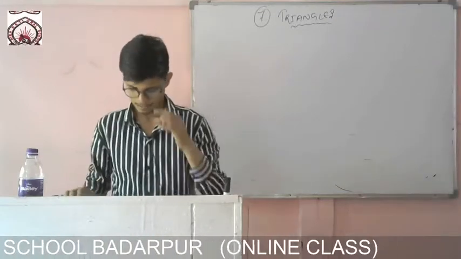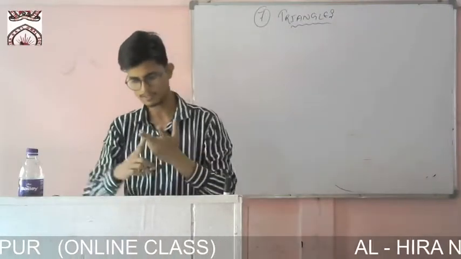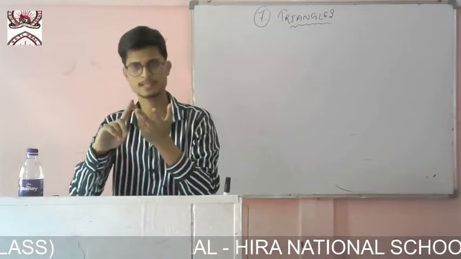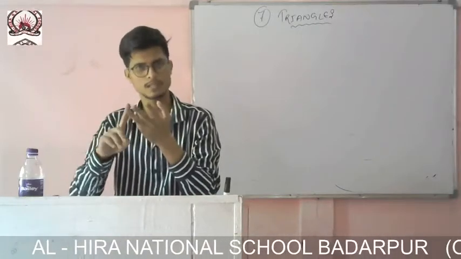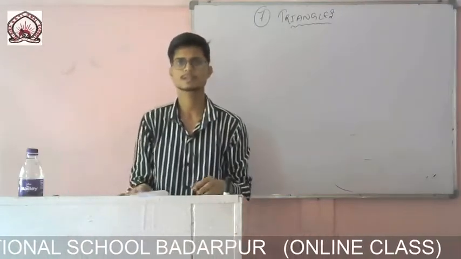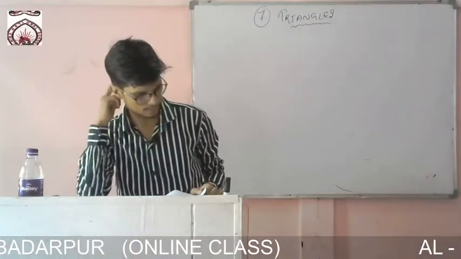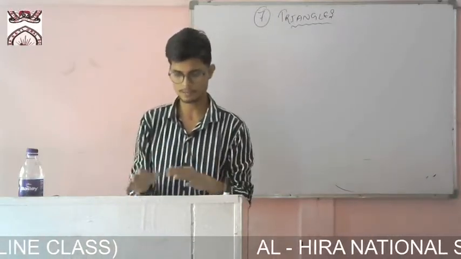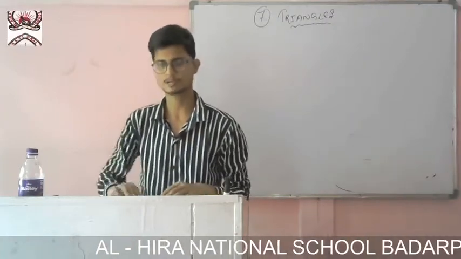So now there are some rules of congruency also. You know that one is side angle side. Another one is if two angles and one side are equal, then also that is angle side angle, or you can write as angle angle side. Or if three sides are equal, then also you can say that two triangles are congruent, that is SSS. And RHS also is there, that is right angle, hypotenuse, and one side should be equal. So if a triangle follows such kind of rules, then we can say that both the triangles are congruent.